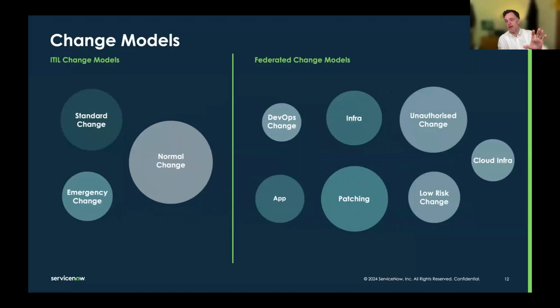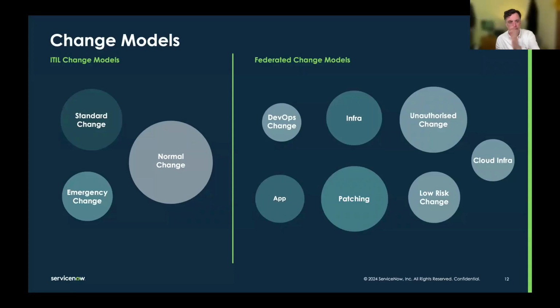So actually what we end up with, and I hope I've not lost everyone on the way here, but we end up with ITIL change models that work on one side, but we're shrinking them, right? We're taking the other things out of them, and by that, the planets get smaller, right? Normal change gets smaller. The amount of stuff we're doing in normal change becomes smaller. It's going to coexist for a long time within the paradigm. Standard change is still there as well. We will still have server reboots under standard change. We will still have emergency changes.